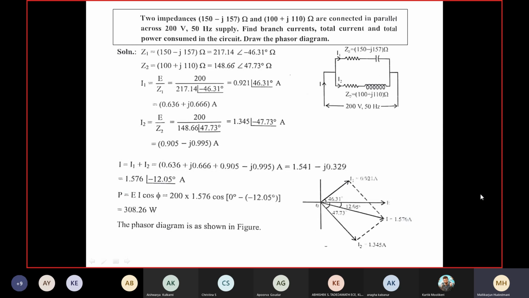Here we should identify that you have been given two impedances, but you should be very careful. A diagram won't be given in the majority of situations. The solution you find on the screen is ready, but look at the rectangle box which I have put over there; you can just see my mouse cursor. This is your script in the exam. After understanding this script, you must be able to draw a rough sketch of the circuit shown here. Hope you are able to understand me.